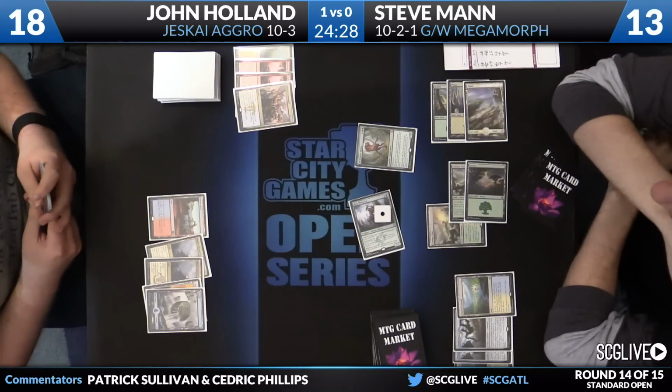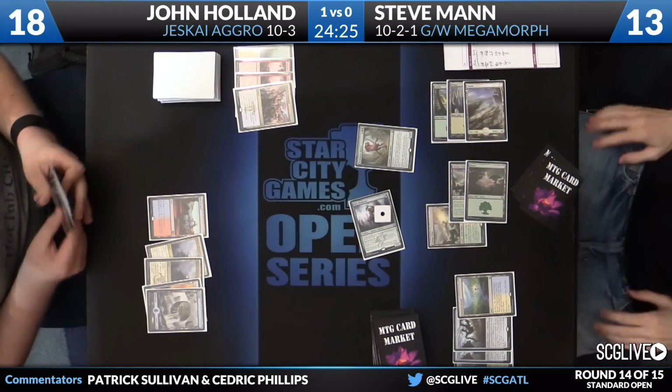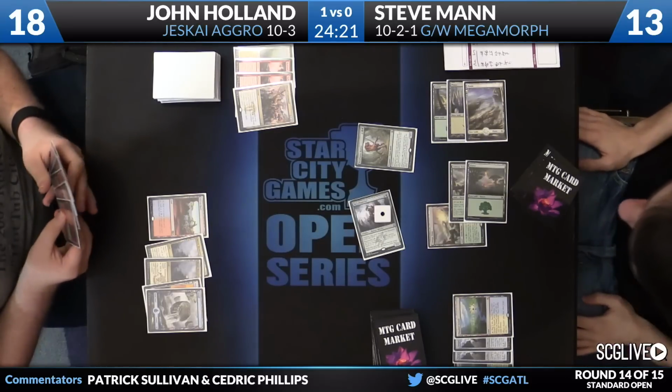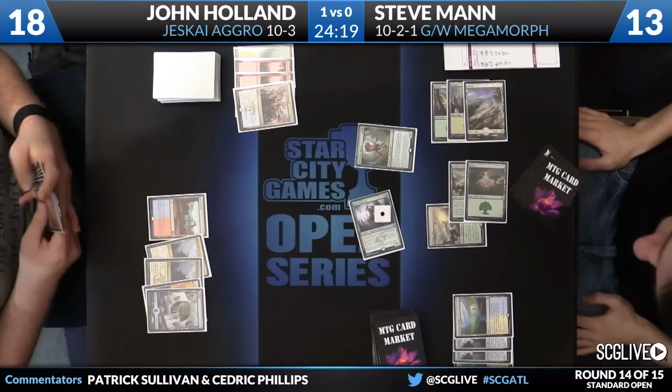To stand, as Holland is currently up a game with his Jeskai aggro deck. No black splash for him either this weekend. So, both these players for their record, 10-3 versus 10-2-1. We see Holland is currently up a game, though Mann has the better board, it appears right now, with a Den Protector, that's a 3-2, and a Death Mist Raptor that may have just come back from the graveyard with